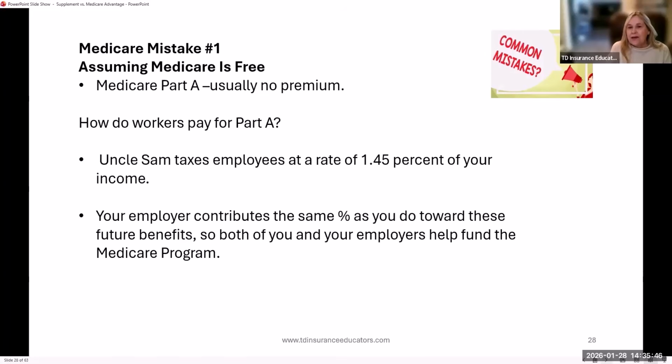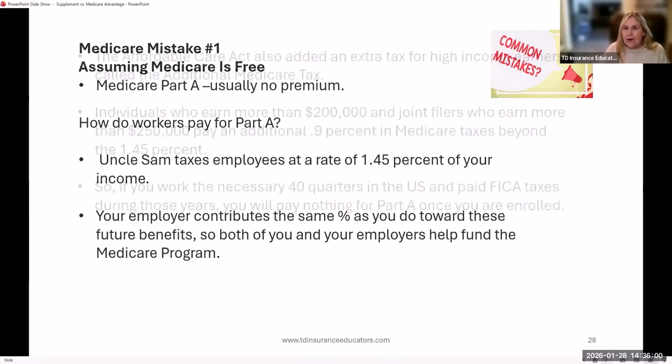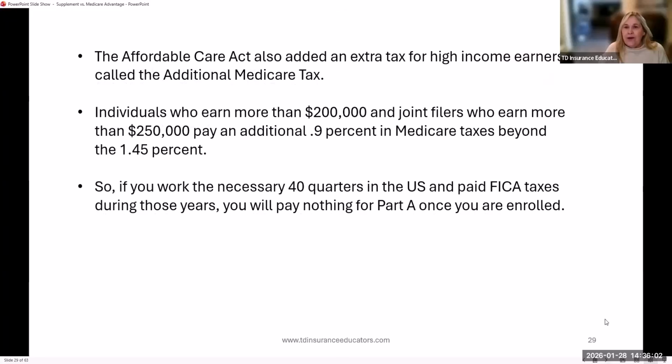We are being taxed right now. 1.45% of our income is going toward Medicare. If you were to look at your check, you would see that, plus the employer contributes as well. So right now, you're putting monies into that Medicare Part A. If you earn more, it could be anywhere from 0.9% more, not 9%, but 0.9%, if you're a higher earner. So basically, if you work the necessary 40 quarters, you're going to pay nothing for your Medicare Part